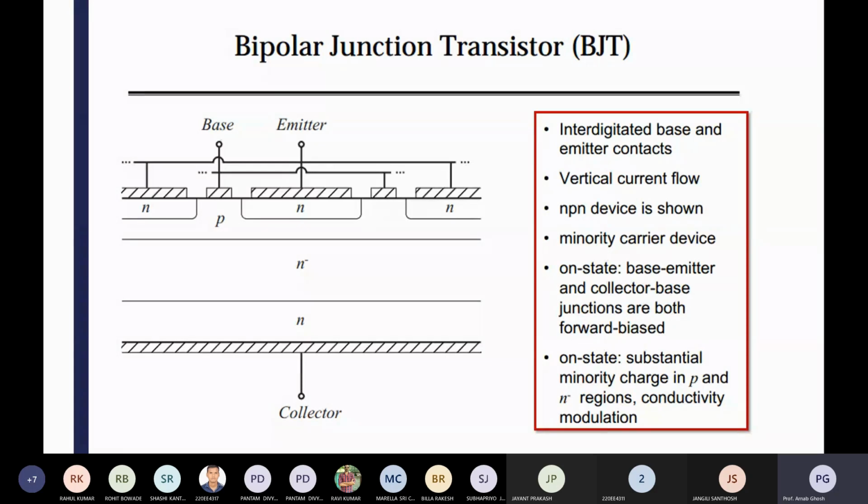Here you can see the cross section structure of your BJT. You can see the emitter, base, and collector, and here you can see the different doping values.